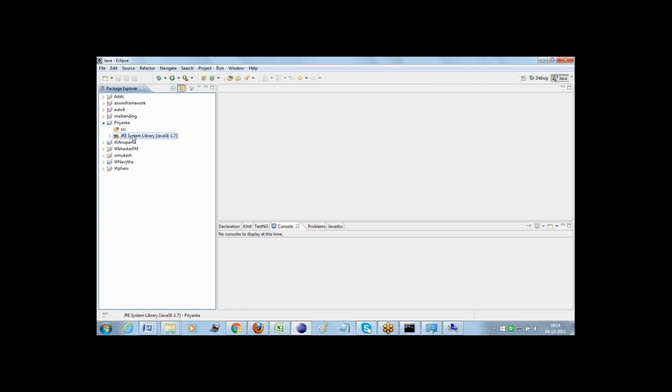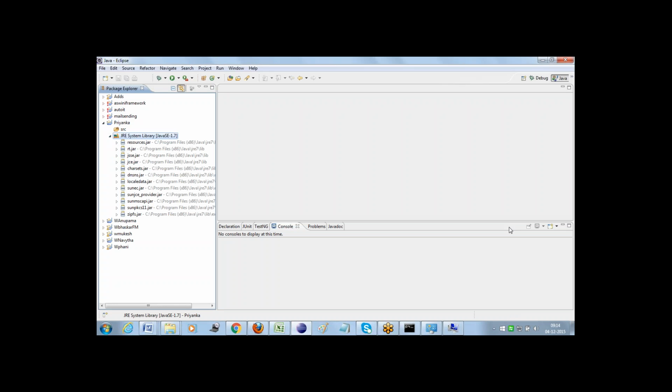If you observe this JRE System Library, it contains various kinds of jar files related to Java.